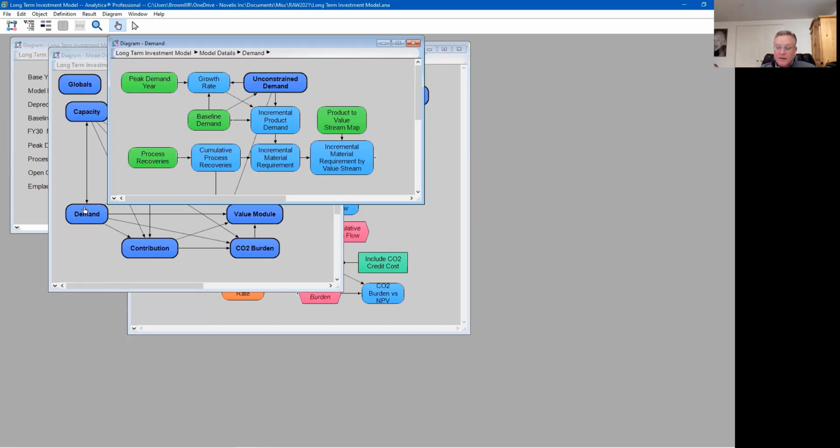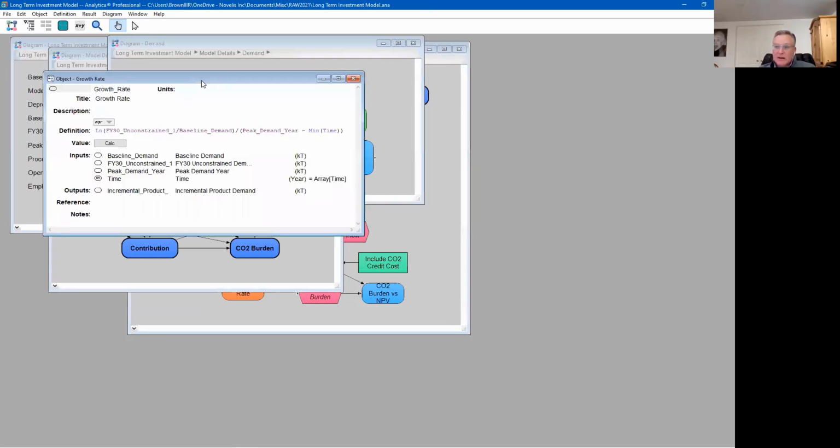And so by following the arrows throughout the model, I can very quickly get an understanding of how the model is constructed. And if I open up one of, let's say, the windows,